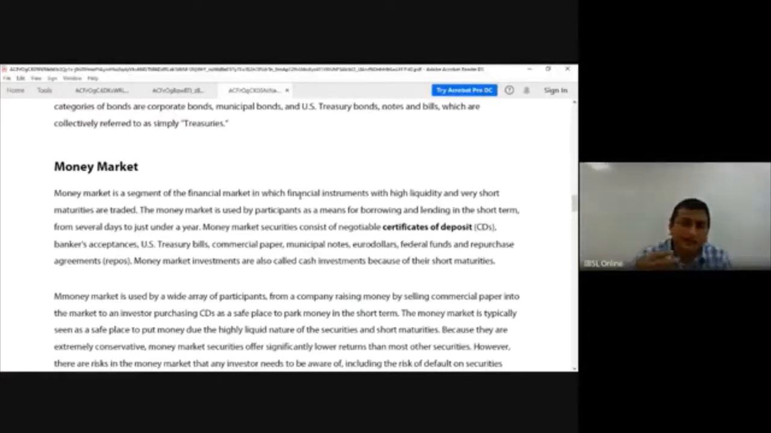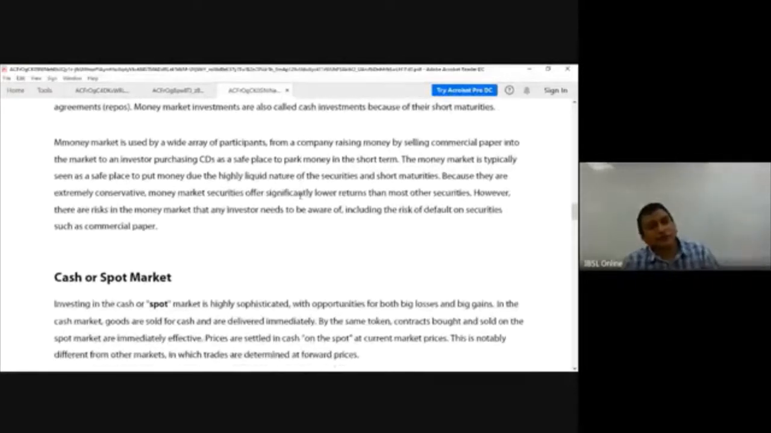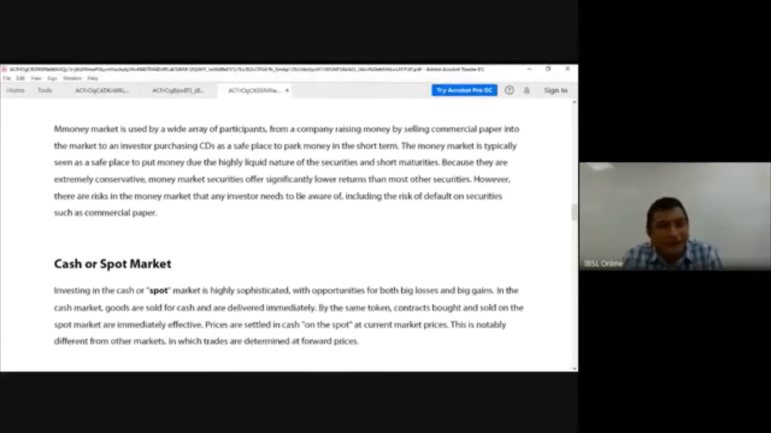So there are various types of repos and other details. I'm just giving you how they look at money market, where short-term, highly liquid assets are traded. So you see these types of elements. Then cash, spot. Okay, so cash is immediate, spot is